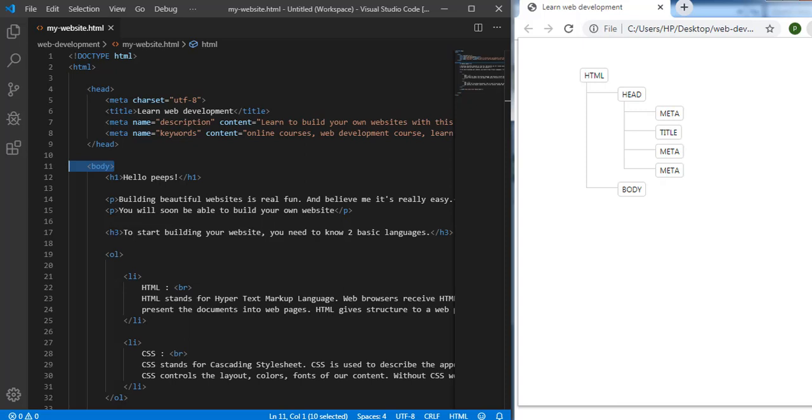Now inside body, you will find there is a heading tag. Now this heading tag is a child inside the body tag. So therefore it will create a node inside the body tag for h1. Now when the h1 ends, the paragraph starts, so it will create another node for paragraph, then another paragraph, and similarly for h3. Now coming to this ordered list, it will create a node for OL, and now here you can see